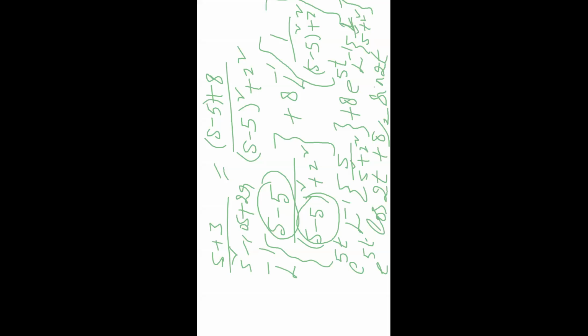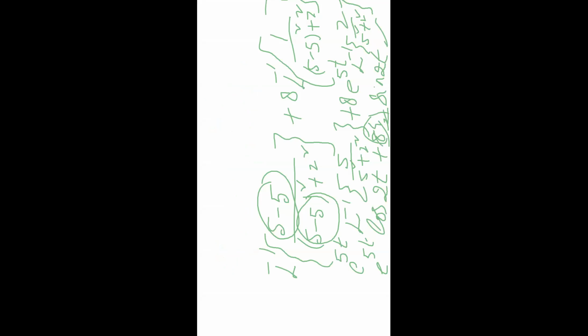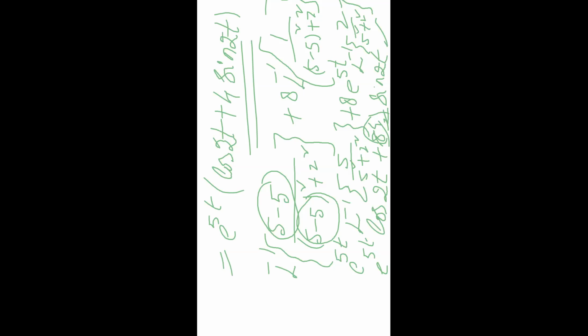But 2 is not available, so multiplying and dividing by 2. So the division value in the constant is 8 by 2 sin 2t. 8 by 2 equal to 4. For the final value, we take e power 5t common to the right hand side value, e power 5t. The first value is cos 2t. So simplifying 8 by 2, we get 4 sin 2t. This is the required result: e power 5t into cos 2t plus 4 sin 2t.